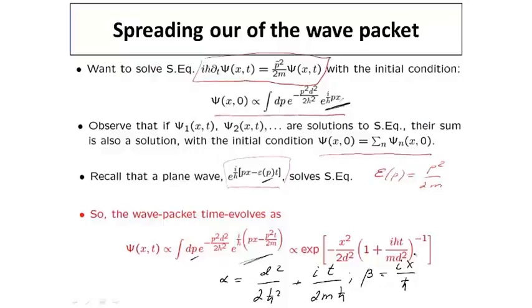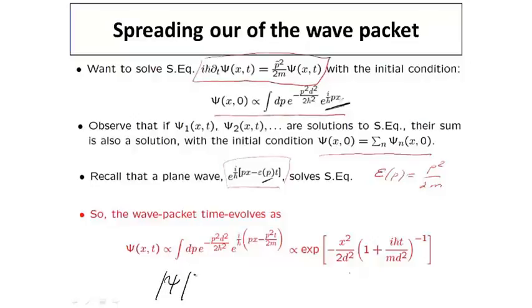We see that this expression is an intrinsically complex function, but if we're interested just in determining the density of our particle, so where the particle is located, the only thing which matters, as I mentioned already, and we'll discuss in more detail a little later, is the absolute value of the wave function squared. So this absolute value squared can be calculated. Again, we don't worry too much about the overall coefficients. We only look at what appears in the exponential. So we can write this